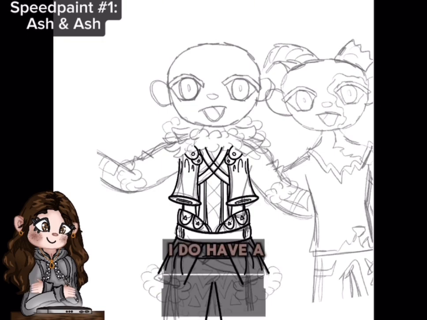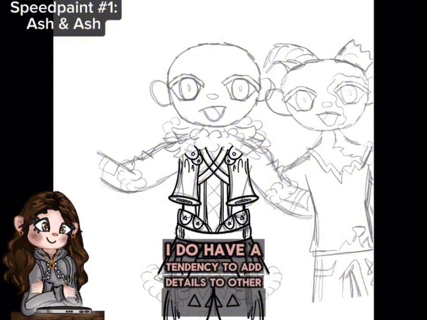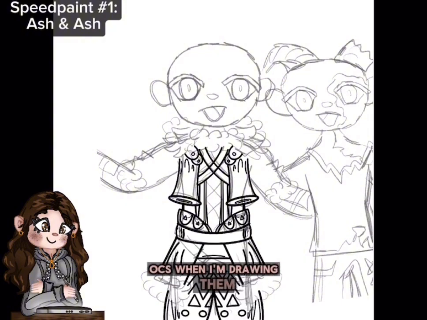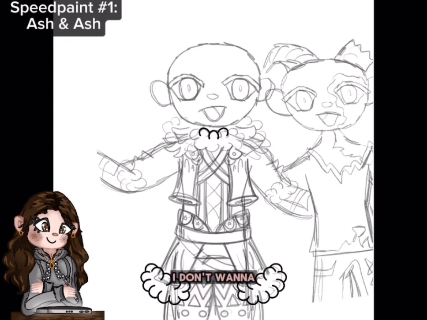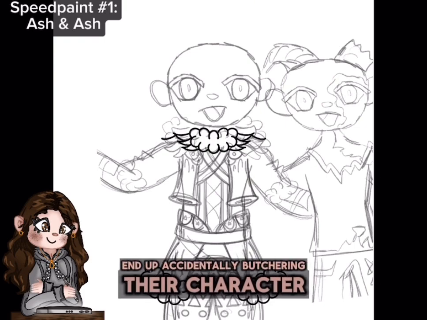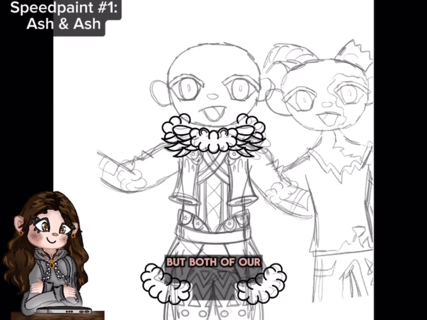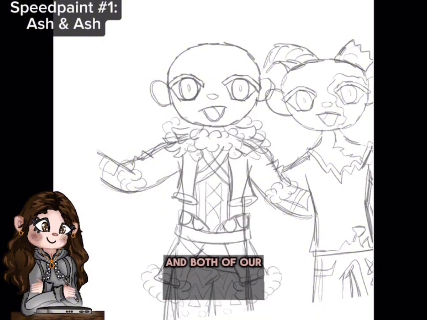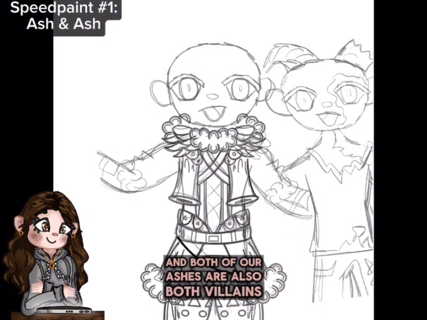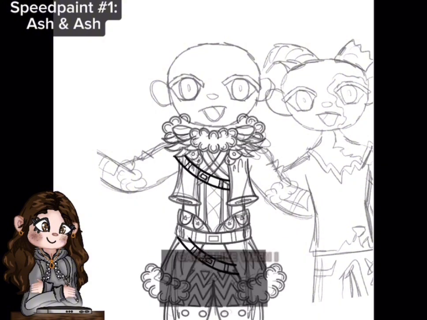I do have a tendency to add details to other people's OCs when I'm drawing them, but I really try not to. I try to constrain myself because I don't want to end up accidentally butchering their character. But both of our Ashes are both guys, first of all, so that's one similarity right off the bat. And both of our Ashes are also both villains, which is incredibly interesting,